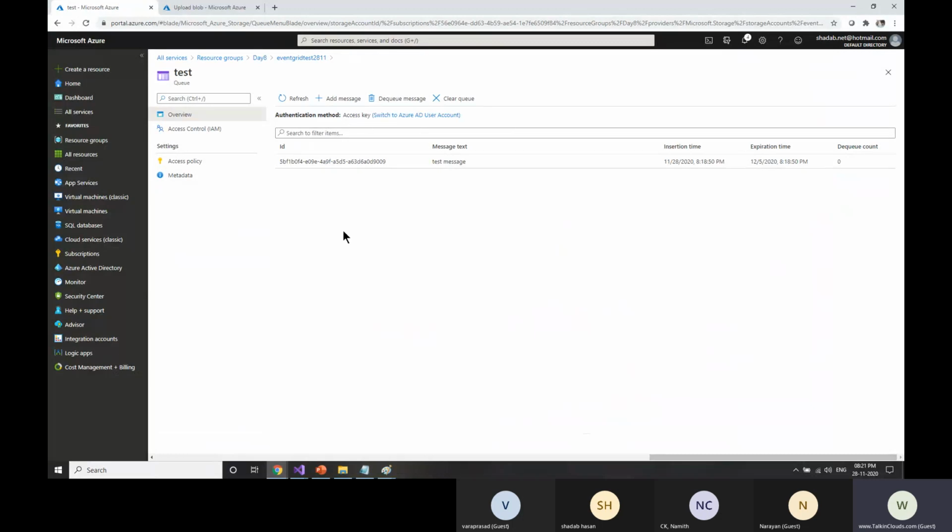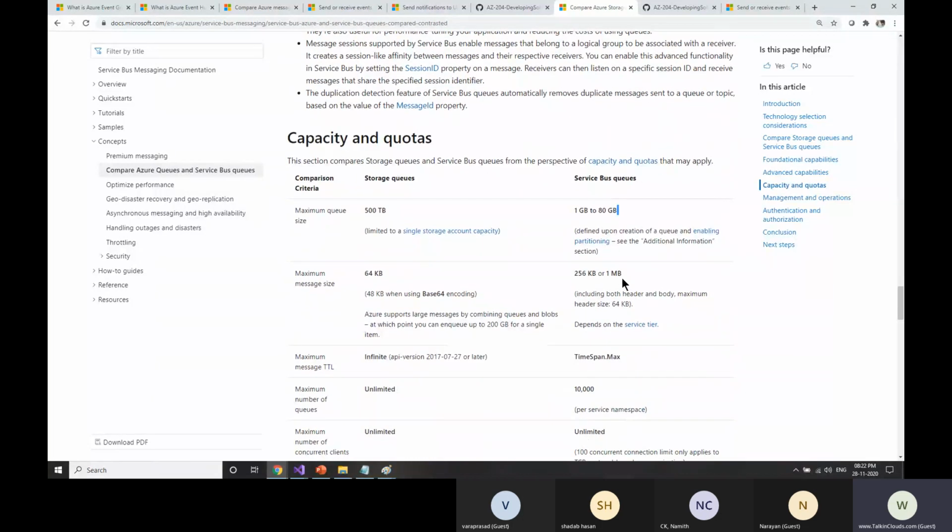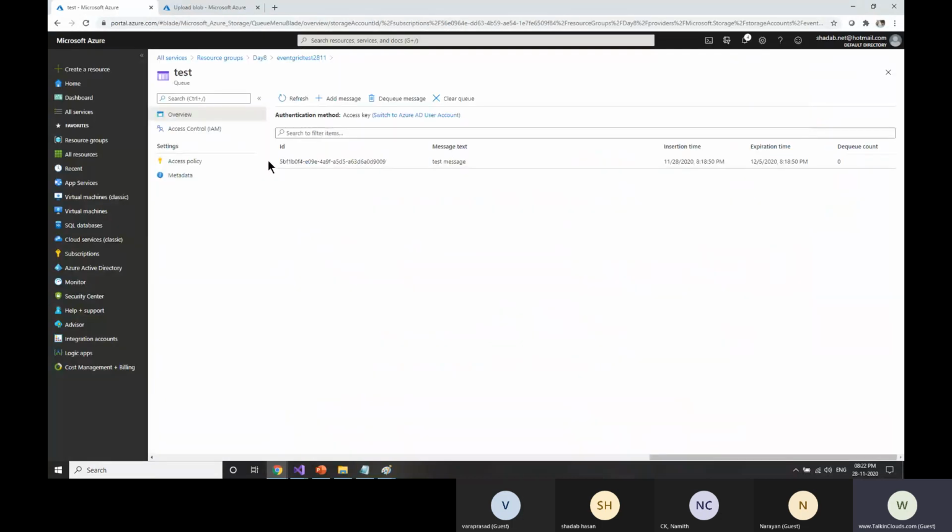I can use one dedicated storage account and keep storing messages here up to 500 TB. This is the max queue size. But if you go for the service bus queue, it gives 1 GB to 80 GB, depending on what subscription you have taken. The max message size for a storage queue is 60 KB.